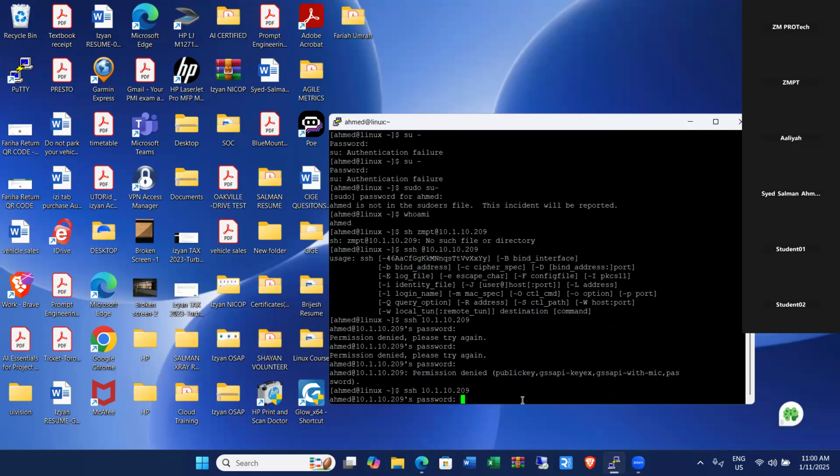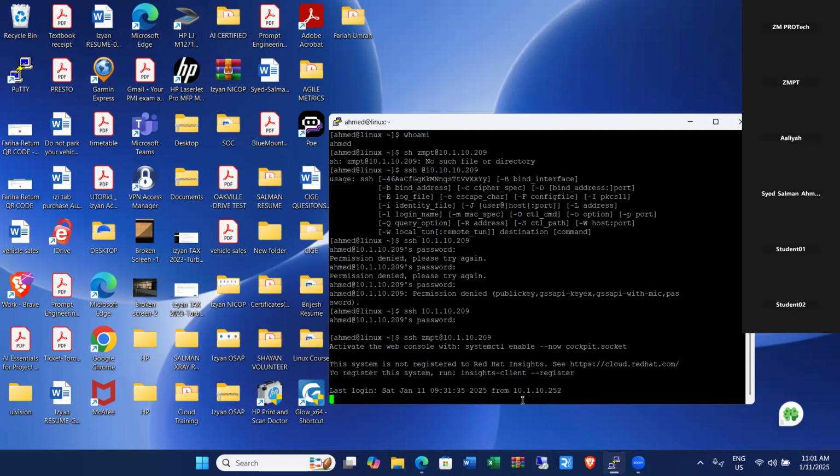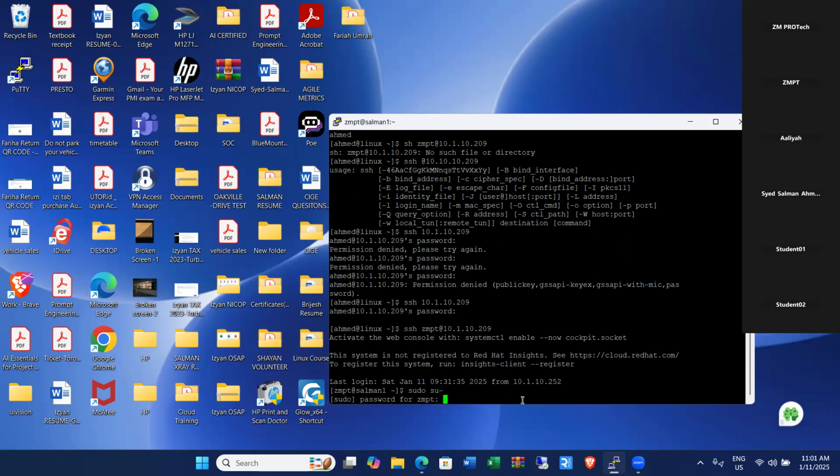No, cancel that and bring the line back up. Type ZMPT at. Okay, good. Now do sudo su minus, space. Okay, go ahead and give the password for ZMPT, which is